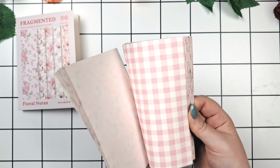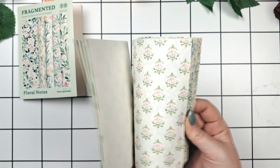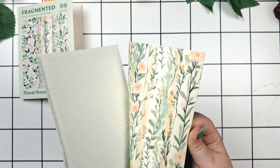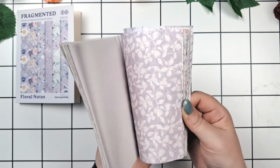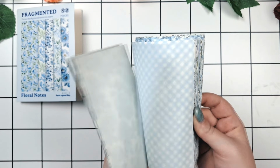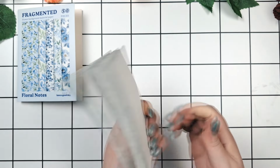We have blue, green, purple, pink, orange and yellow, 25 designs, 2 sheets each, and this is again a lightweight paper. I am most excited about pink, orange and purple because I do not have much stationery in these colors and it is time to get a little out of my comfort zone and try something new, something more colorful. Especially now in summer, I have a hard time with creating my monthly journal themes because I feel like I should do summery themes full of color, but at the same time, I don't know how, so this will be